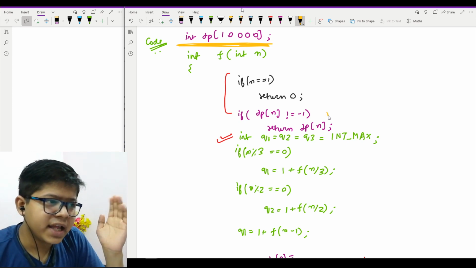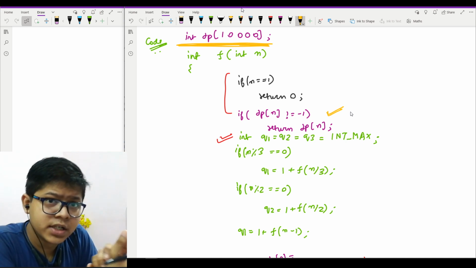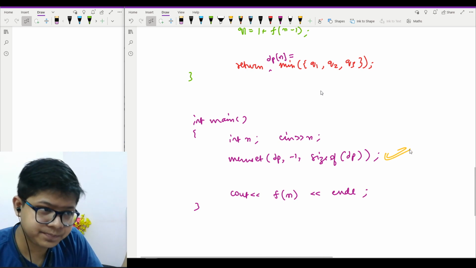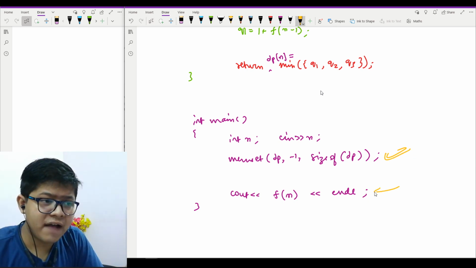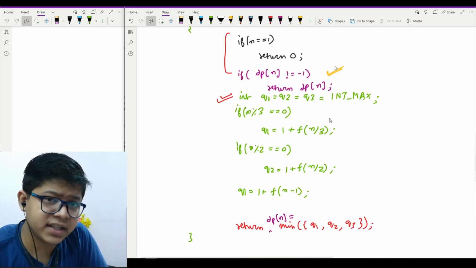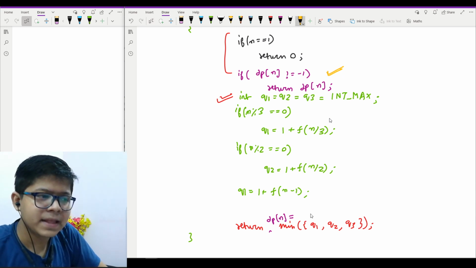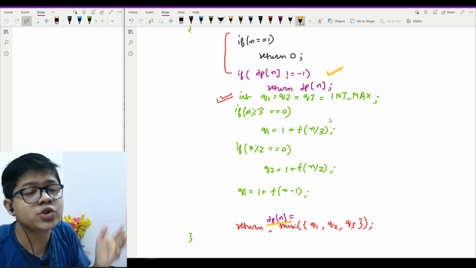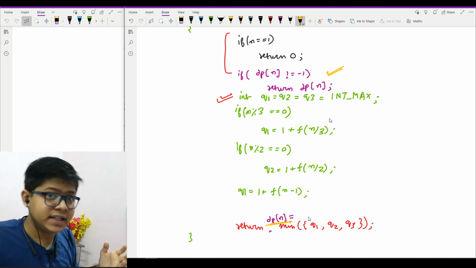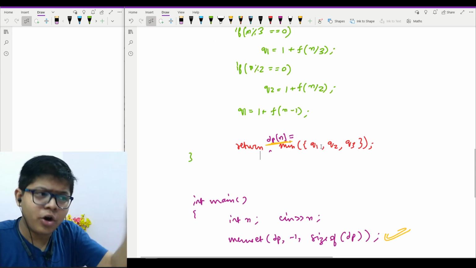Now, I know that my answer will never be -1, so I initialize, I mean set, the array with -1, as you can see in my main function, before the function call. Then at any step, if the value is not -1, then I will return it. If it is -1, then it will go on to the bottom. Then while returning back, I should store it in my dp of n so as to memorize it, so that when it comes again in future, it will not go back into the recursion. So yeah, it's all about my memoized code.